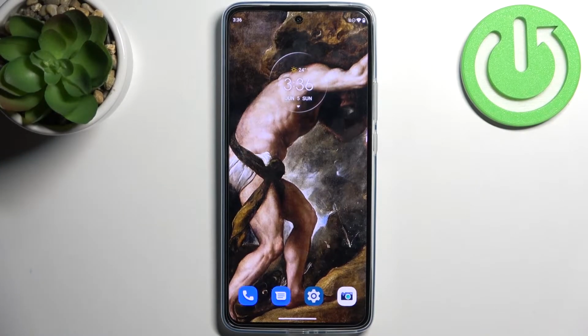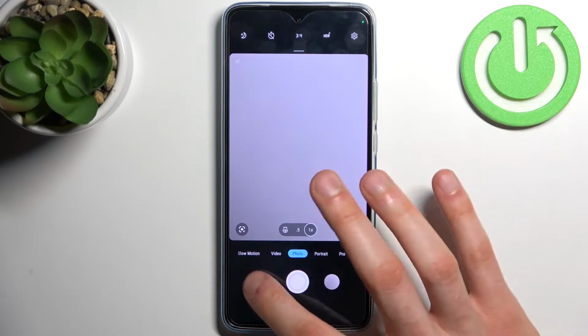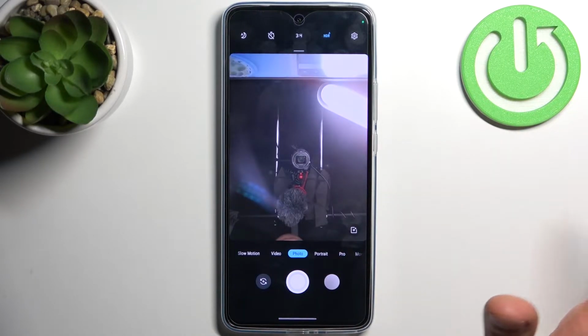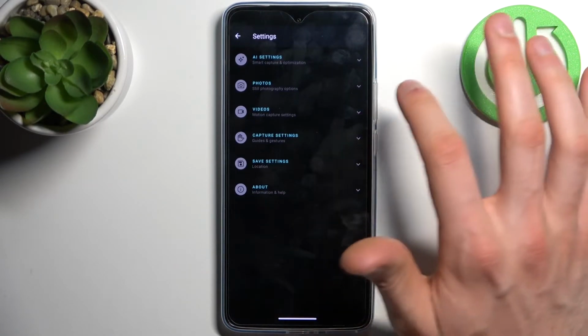Here I have Motorola Edge 30, and today I'm going to show you how to disable front camera mirroring effect on this device. So firstly you have to open camera. So for example, let me show you. Let me take one photo with this feature enabled, and now I'll show you how you can disable it